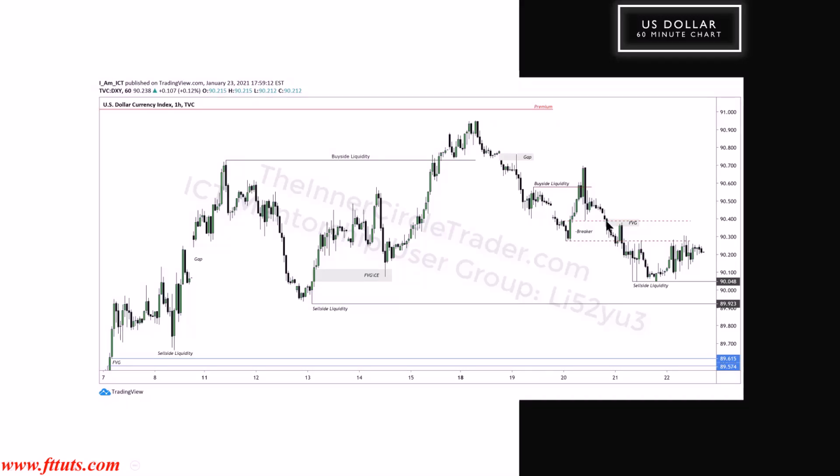Inside of that breaker, we have a fair value gap there. Trades up into it. Small little Judas swing on the 21st. And then the market trades softer, and sell side liquidity below this low. And all of this here, that to me, I think is a little juicy area where they're going to want to take the market down into. If it accelerates and goes lower, picks up steam, we can attack the sell side liquidity here. And then right here is where my eye is, at least for right now.